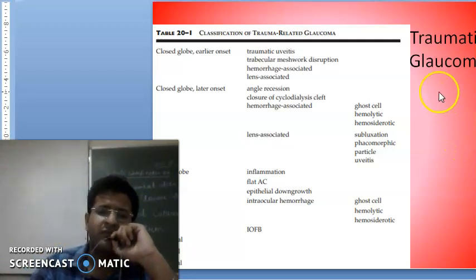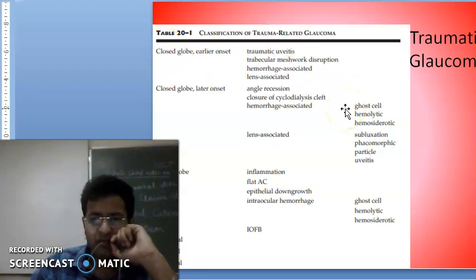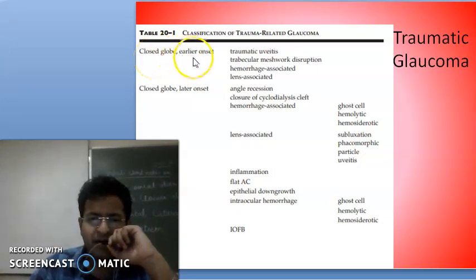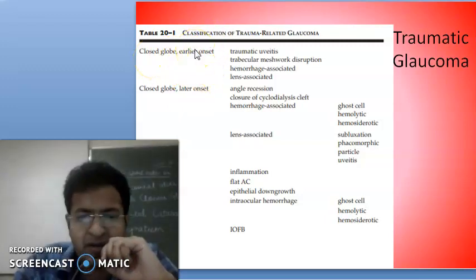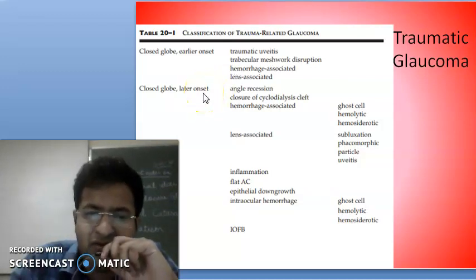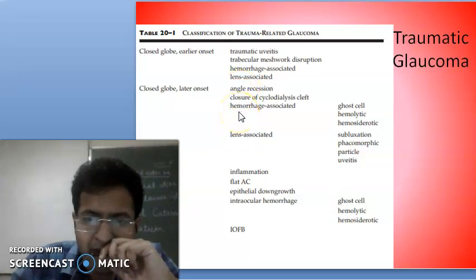Next, glaucoma may also result from injury to the eyeball. Such glaucoma can occur because of a closed globe injury, either early or later. What are the early causes in closed globe injuries? It can be due to traumatic uveitis, disruption of the trabecular meshwork, hemorrhage, and lens-associated causes. Later onset closed globe injury glaucoma can be present because of angle recession and closure of the cyclodialysis cleft, or hemorrhage associated,